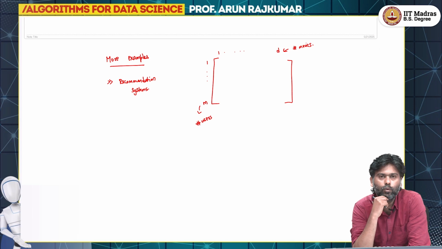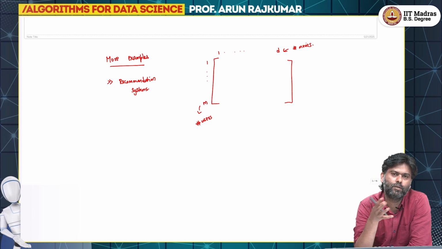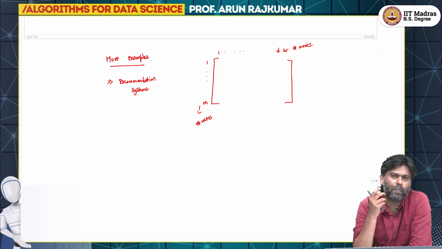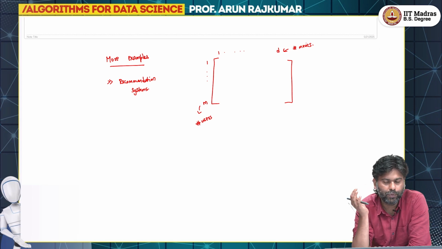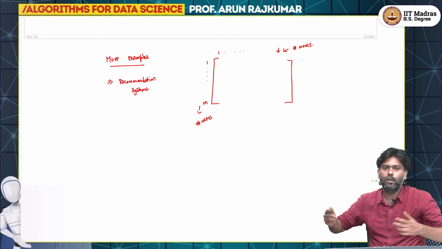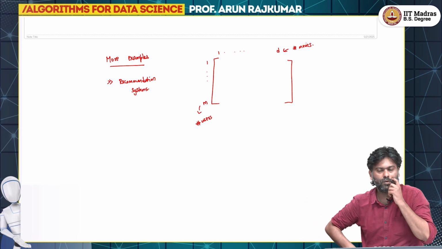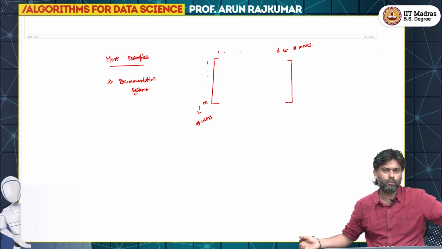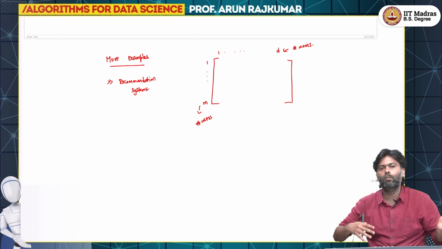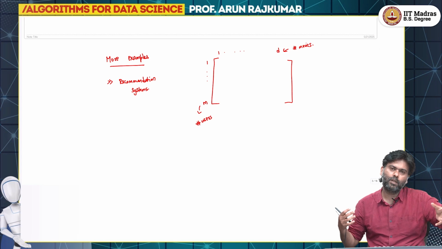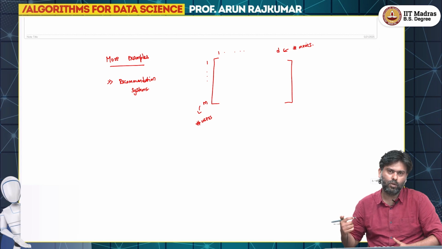So what you may do is, you might contact a very small set of users for a pilot study or something like that, and then you can give them a bunch of movies, and ask them to watch the movies and rate them, right? Of course, the number of movies is too huge. So let's say there are tens of thousands of movies, and the number of users is also too huge. So you cannot ask all users to watch all movies. You're going to ask a very, very small set of users to watch a very, very small set of movies,